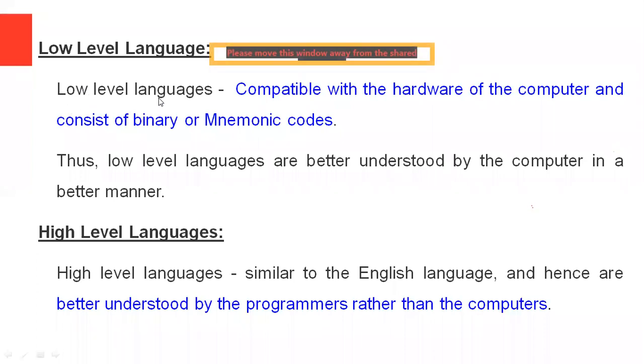So here low level languages are compatible with the hardware of the computer and consist of binary or mnemonic codes, right? Low level language means it is compatible with the hardware, so it is nearly equal to the hardware. So we can write the code in binary code, that is in terms of zeros and ones, or in terms of small English like letter words. Okay, so that is the low level language. Compatible means we can